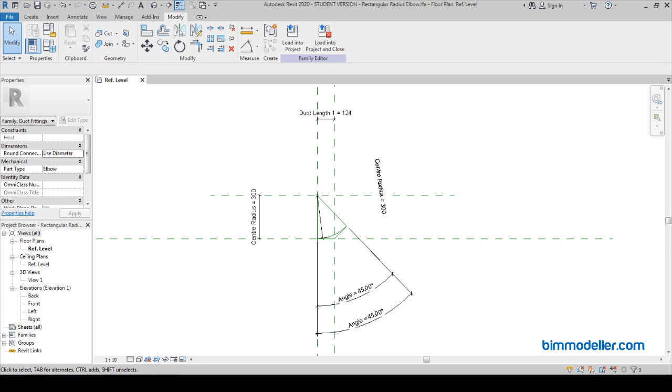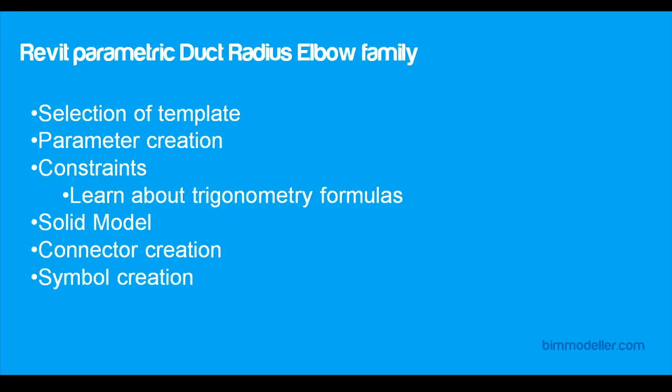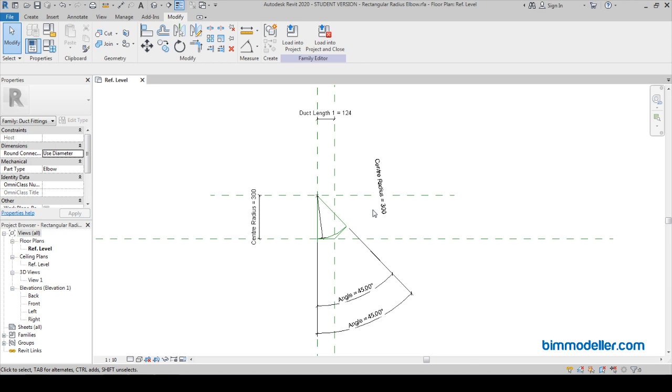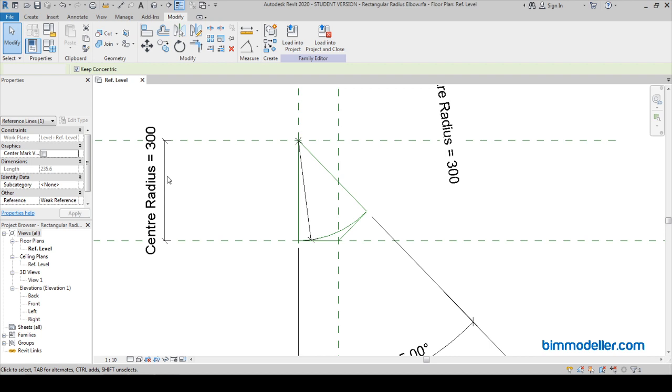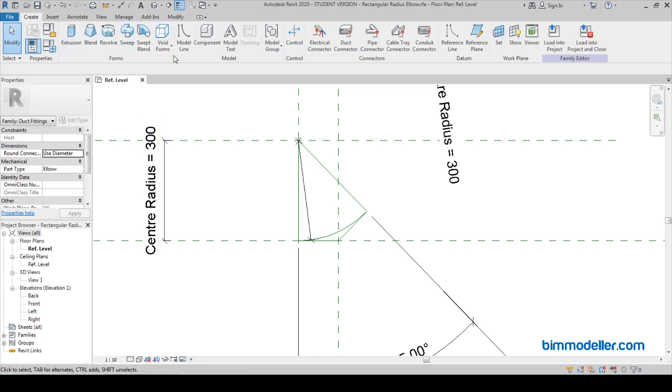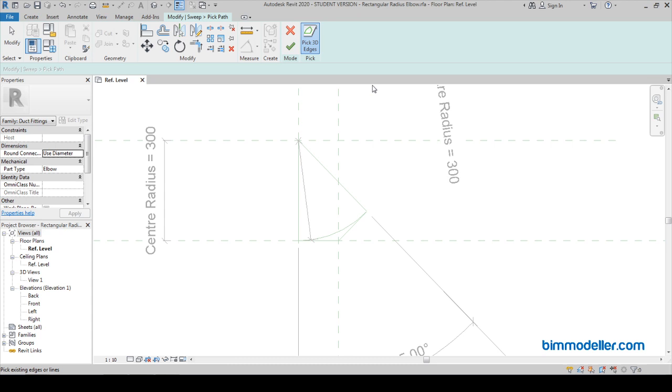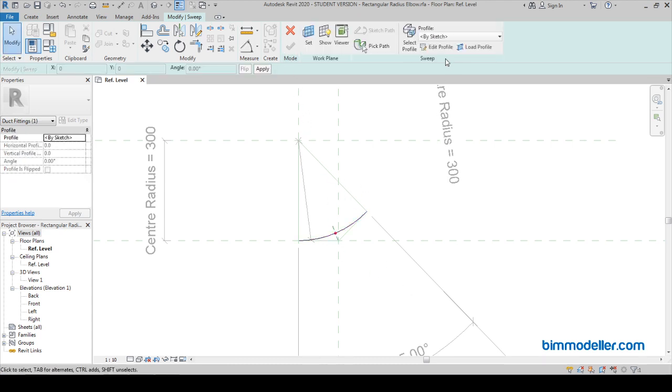The thing we need to complete, constraining, is done. Now solid modeling, connector creation and so on. It is very simple. We can go back to the sweep model. We already have the reference line in place, so you just pick the line, sweep, pick the line like this and finish it. We need a profile, so I'm going to edit it. I don't have a profile with me. You can try with the profile, edit profile,